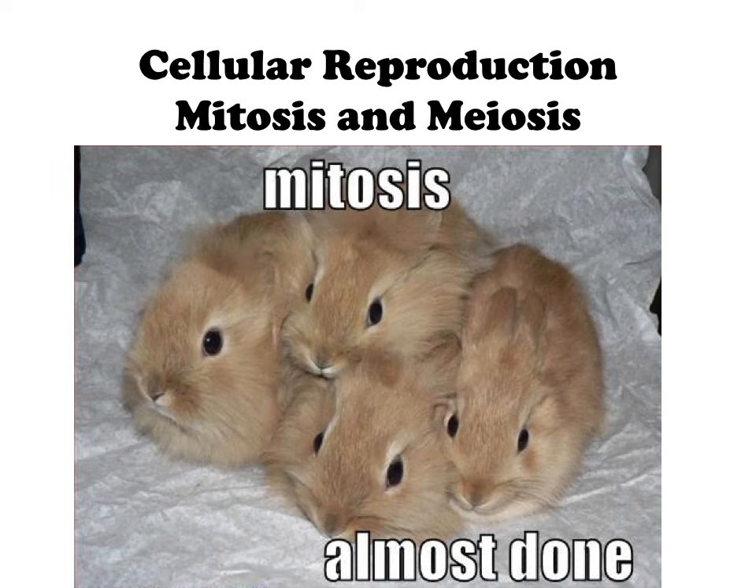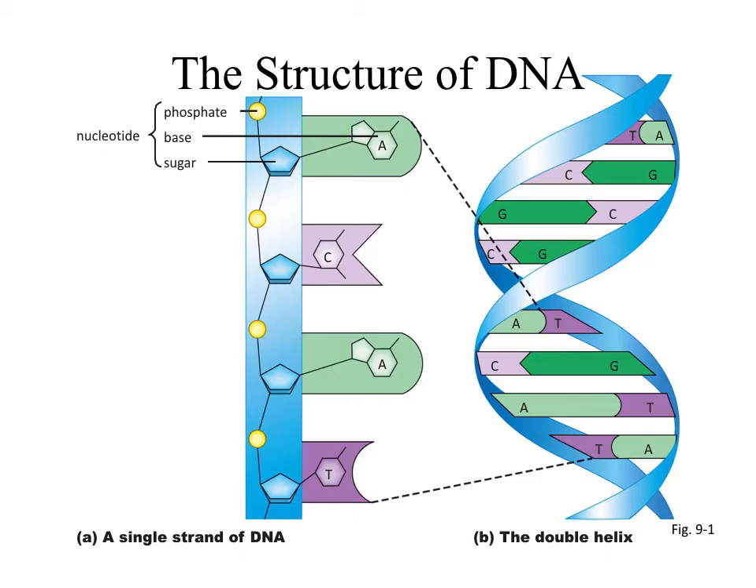This video will attempt to highlight the most important features of mitosis and also meiosis. For a quick review, the structure of DNA is composed of two strands of single DNA helices. Together we call it a double helix. And if you take apart the double helix and look at just one side or one strand,